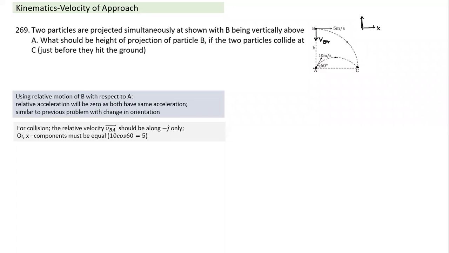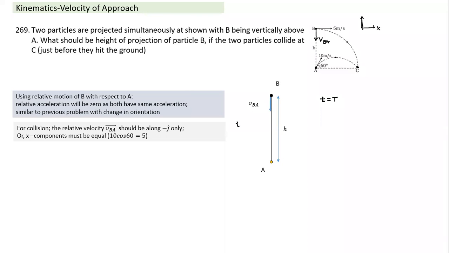Now, the second part is a little different here. This is what the figure is. This is the figure height. And when the collision takes place is important. Collision takes place just before it hits the ground. So the time at which the collision takes place is equal to the time of flight. So I'll have two ways of calculating. From this figure with VBA, I can calculate the time of collision.